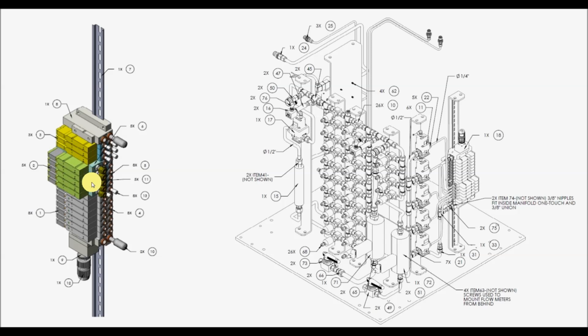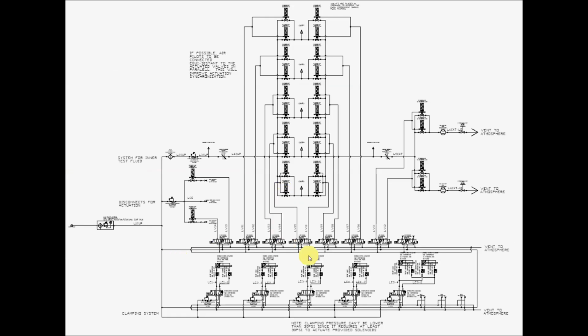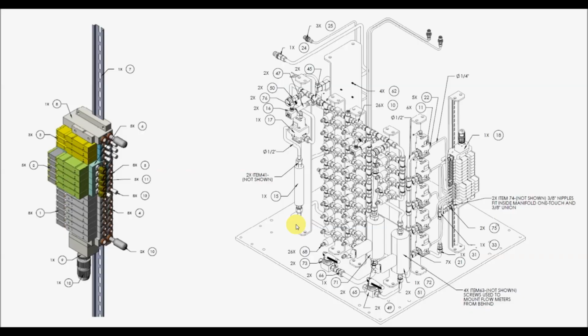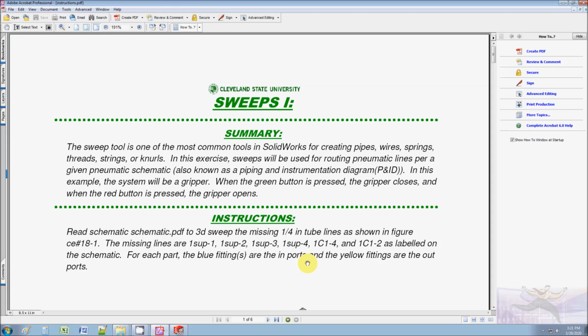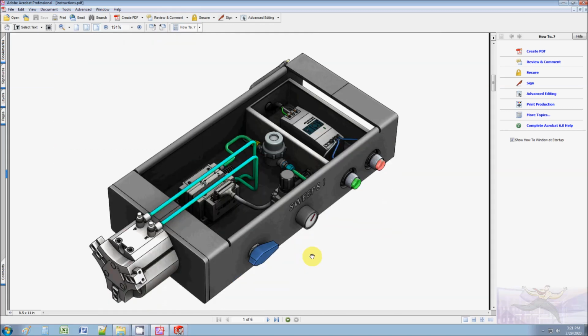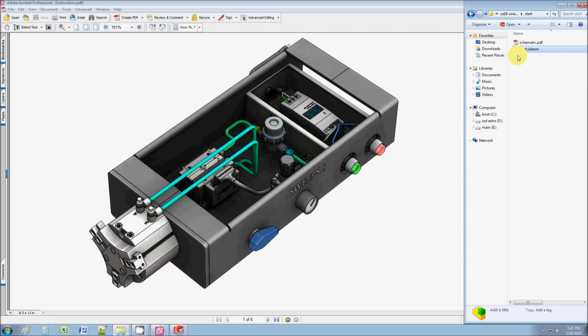These bypass the master pressure of the central manifold, and you can supply them with their own pressure because sometimes you need different pressures for certain parts. So they correlate exactly, and if you mix and match the pieces that I talked about, you can really create a wide array of functions, and this is what that might look like on an industrial project. So what I'm going to do now is start with the sweeping, and I'm given two files, a